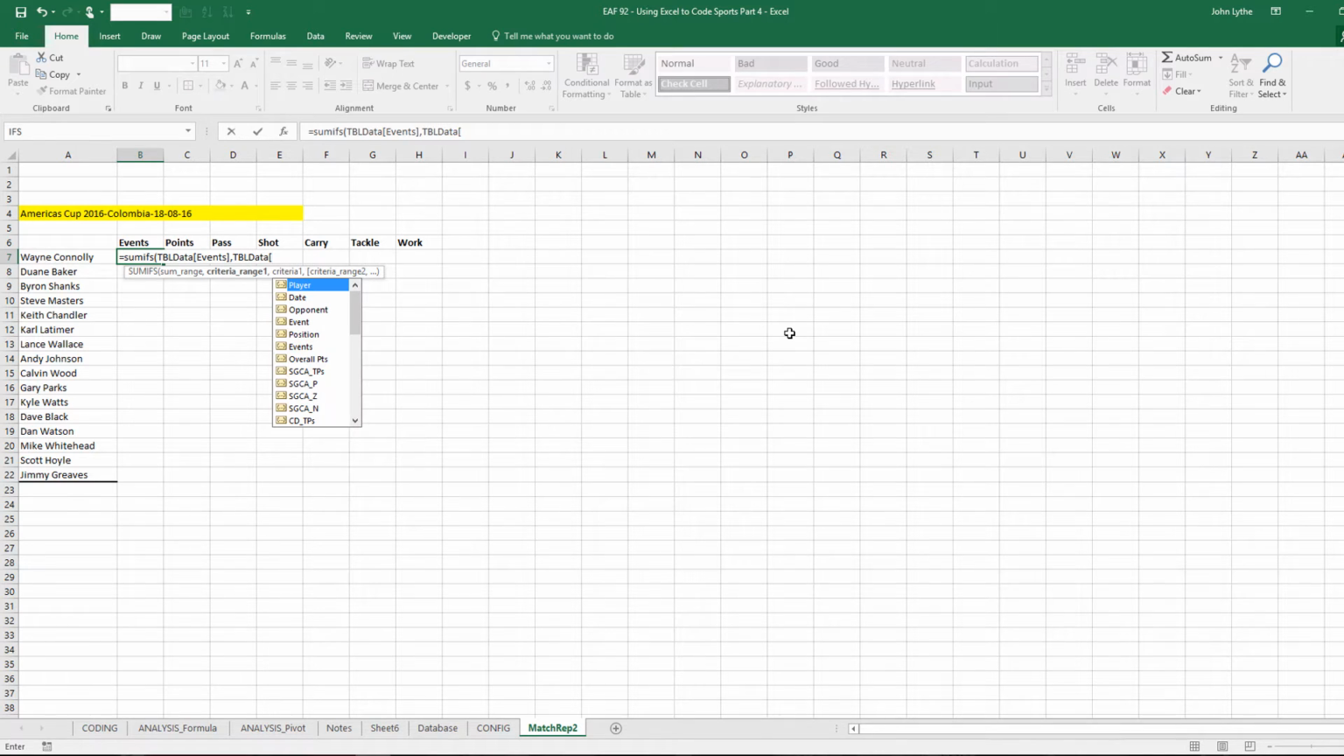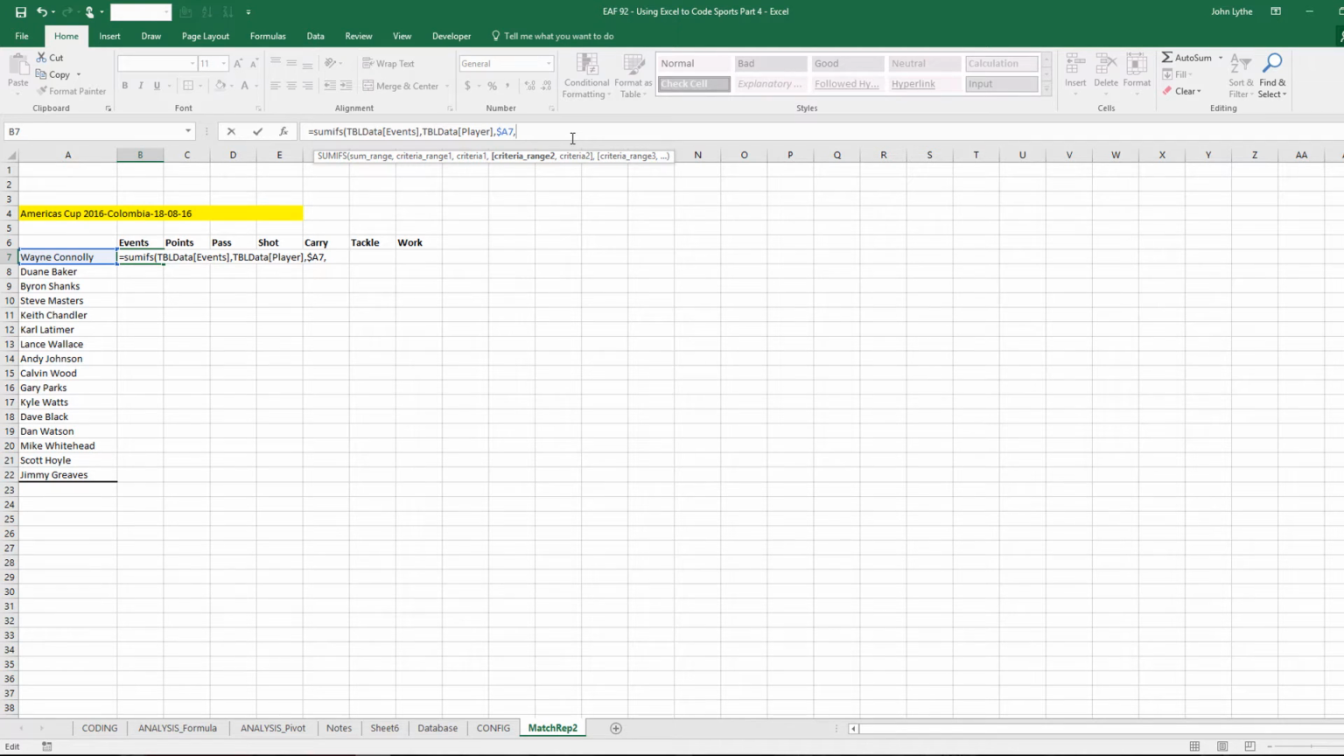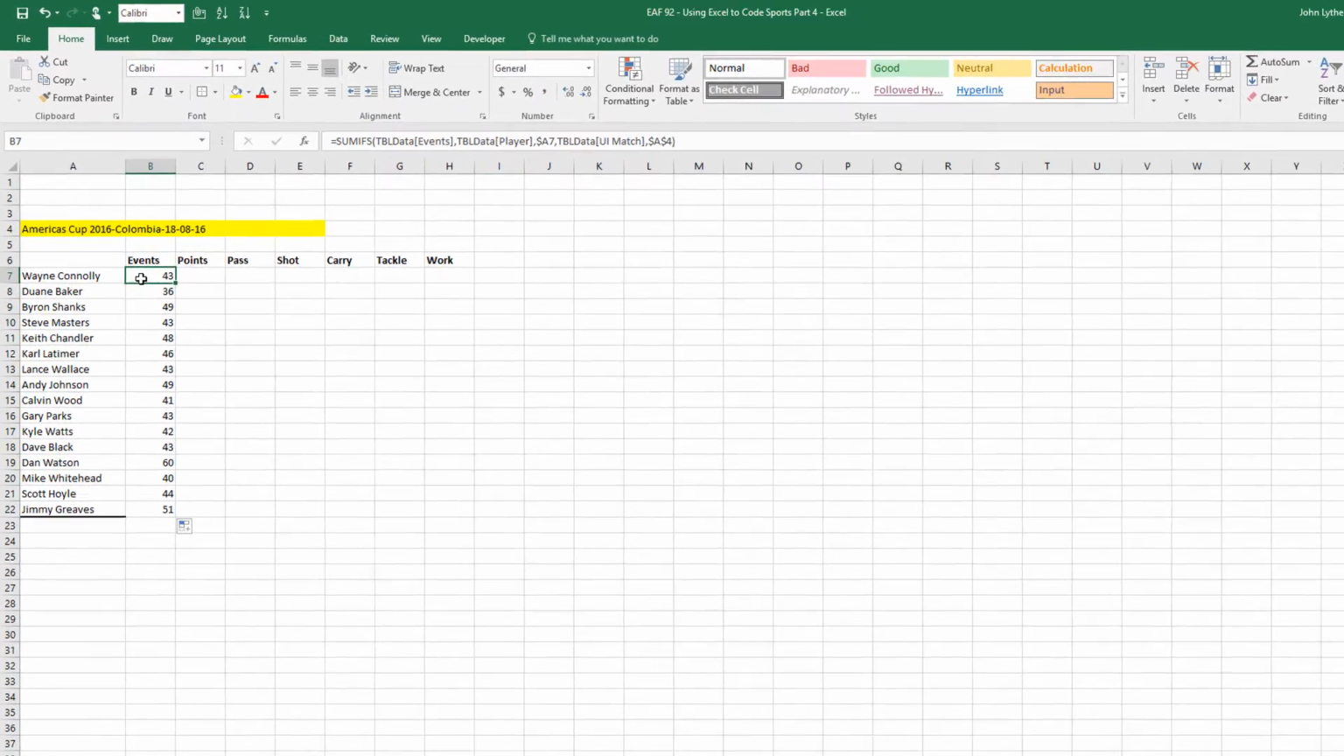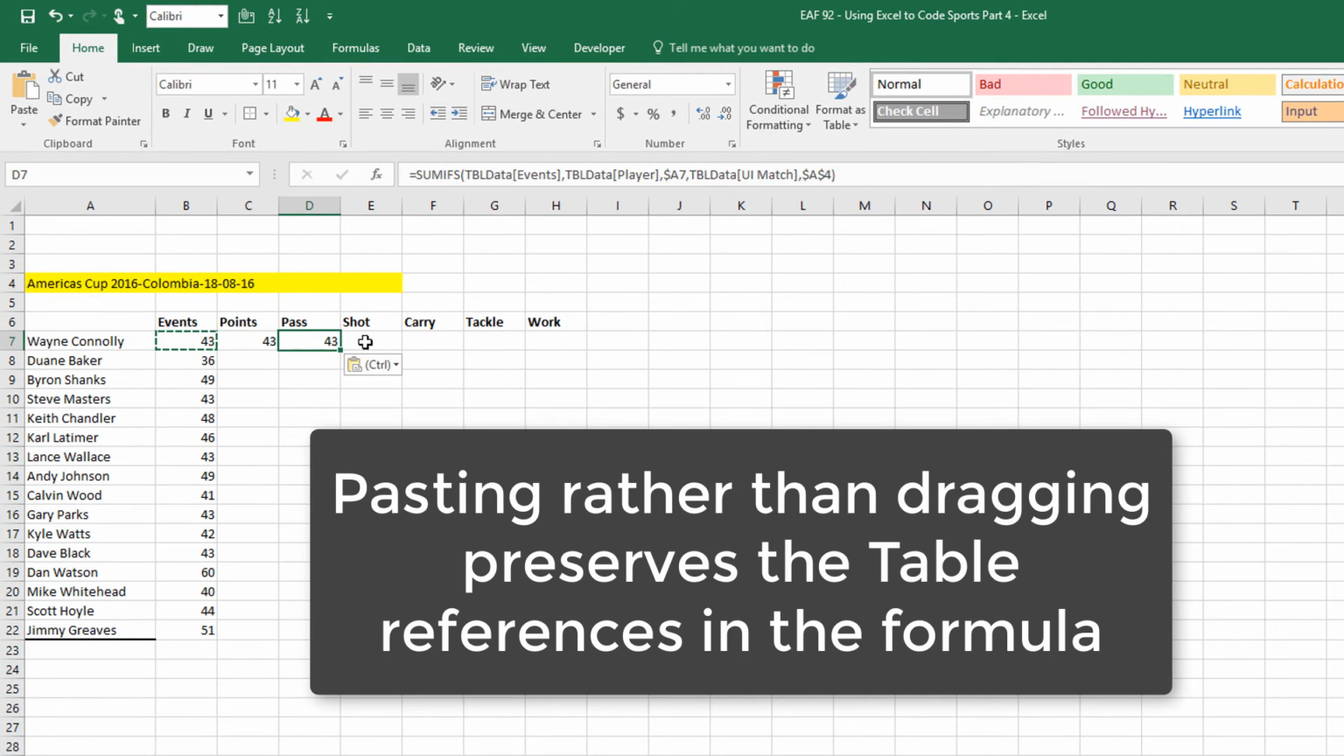Our first criteria is that the player needs to equal whatever's in A7, and if I just choose the $ in front of the A, then I get a bit of comfort that I can copy that across. Next one is we have to scroll all the way to the bottom because I put our unique identifiers right at the end. UI match needs to equal whatever's been selected up here, and I double lock that with both rows and columns. Copy down is easy, don't have to do any work for that, and pasting it across,